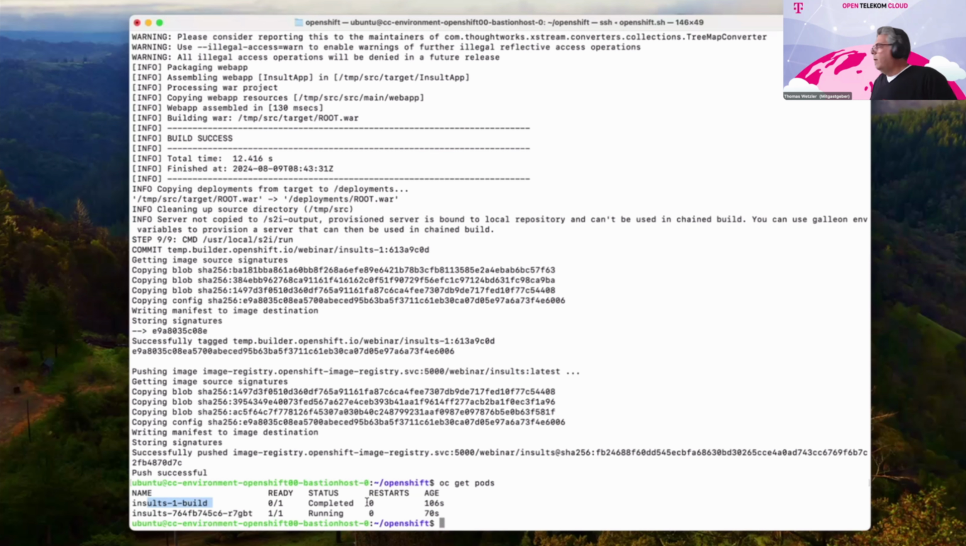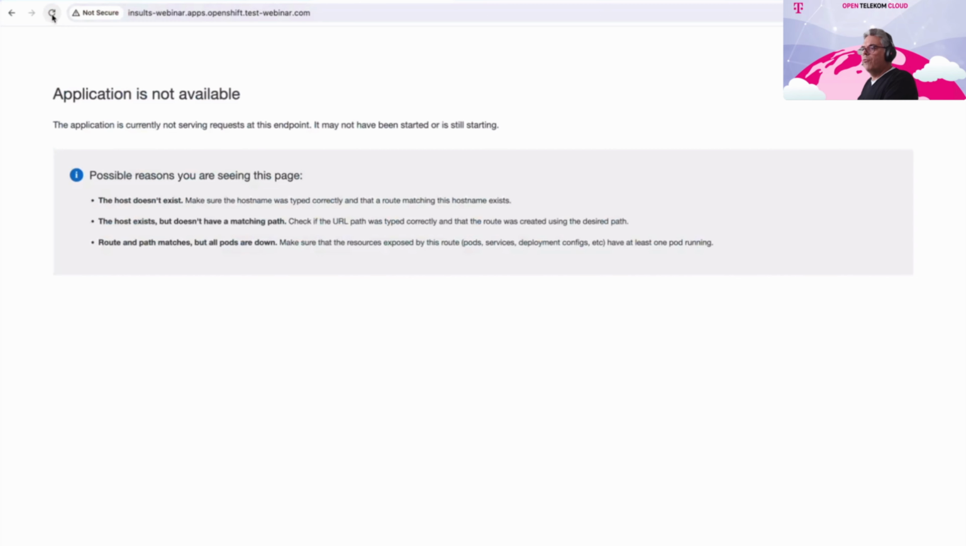I can show you that it's running, so you don't have to just believe me. Oops, not running. Why is that? Yeah, because there's again a security feature. What we have to do is allow the application to reach the internet, and therefore